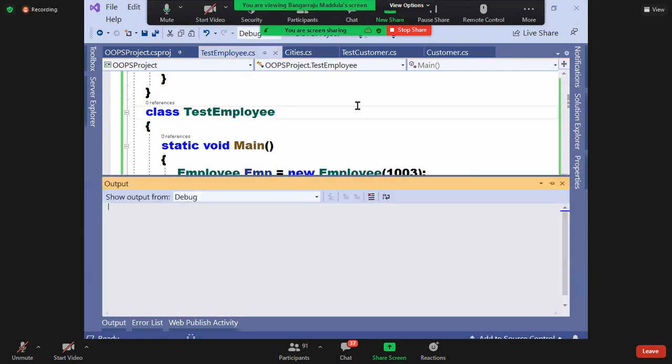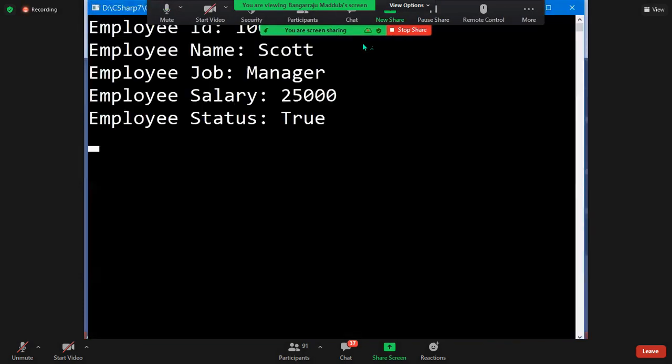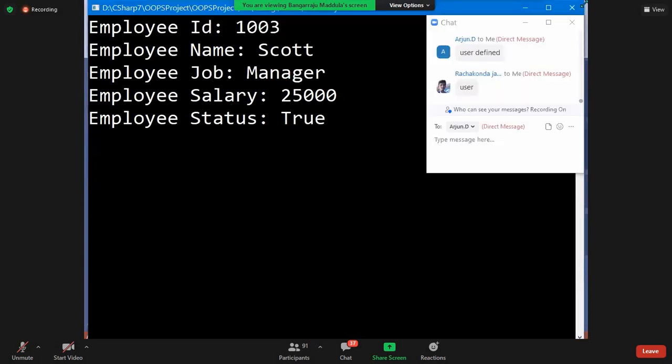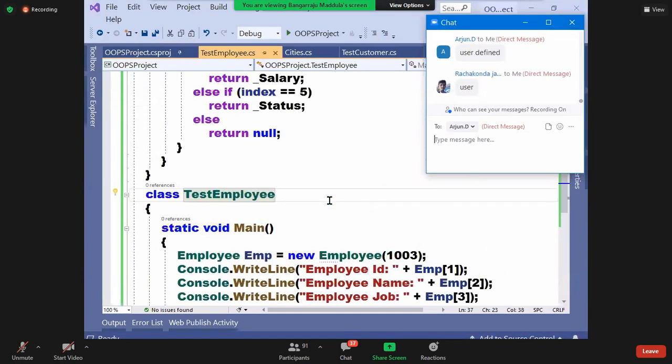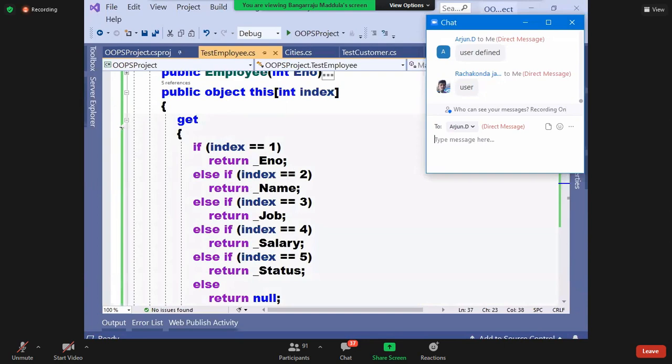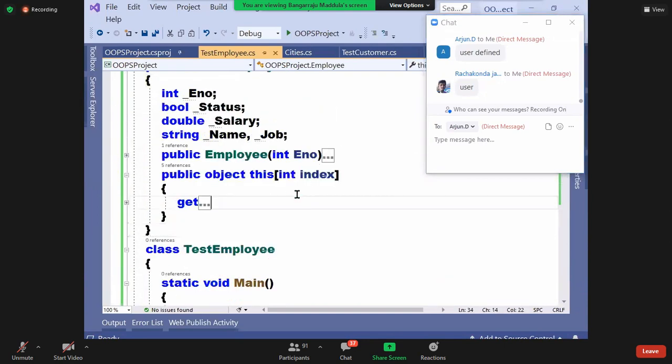So now you see, I changed the index positions. I can give whatever I want. That's my choice. And not only this, guys, the parameter here need not be an integer only. Means tomorrow I want to access the values by using a character.